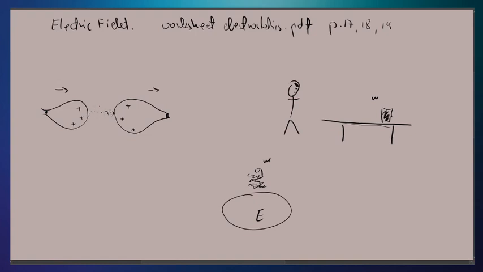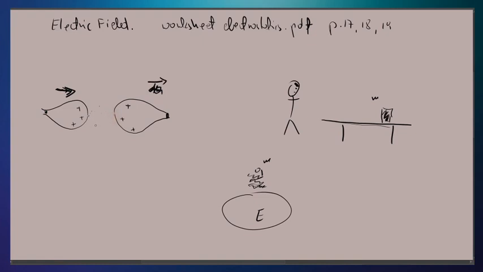Right, so if there's no spring between them, if they're not attached to each other, there's nothing between the two, then as I push this black one to the right, this one shouldn't go anywhere. But now once we put charges on these balloons, if this black one does go to the right, then this one will also go to the right. So there has to be something in between them, and we speculate that,